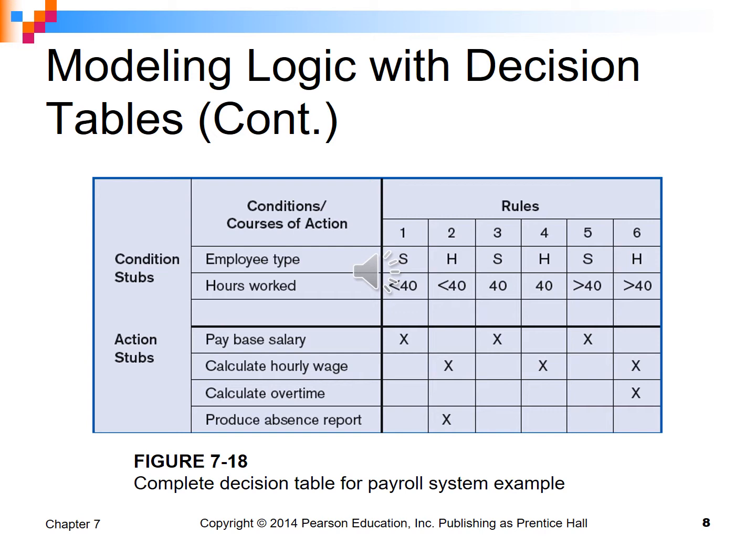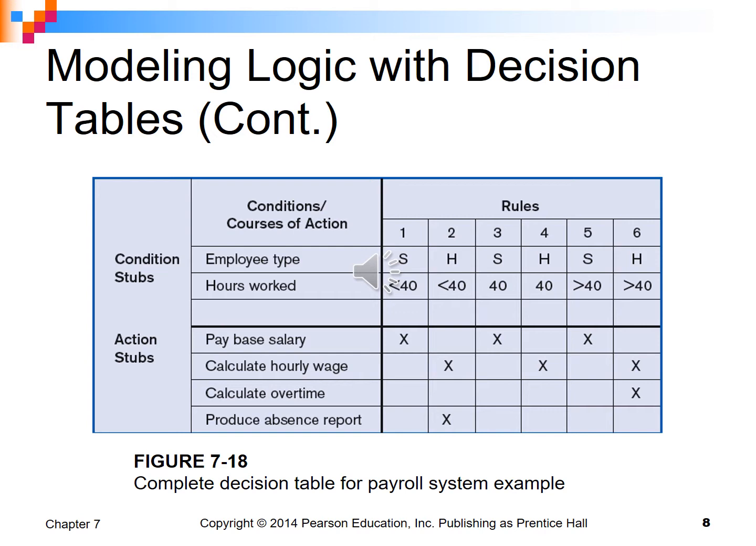So if you see here what we have, the decision table has 3 very important symbols. On the left side there are 2 of them: condition stub and action stub. And then the one on the top, rules. Then we have rules 1, 2, 3, 4, 5, 6. If we see the condition stub, the condition is like if